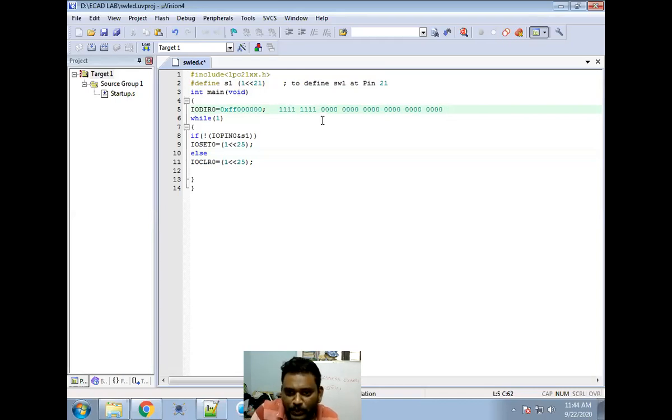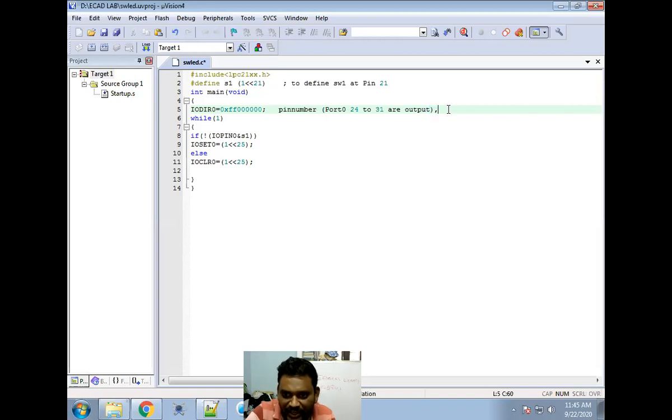So that means what? Up to 20, because this is 31, 30, 29, 28, 27, 26, 25, 24. So from 24 to 31 are nothing but pin numbers. So what is explained? Simply, 24 to 31 pin numbers of port 0. Which port am I using? Port 0. Pins 24 to 31 are output. That is what I decided.